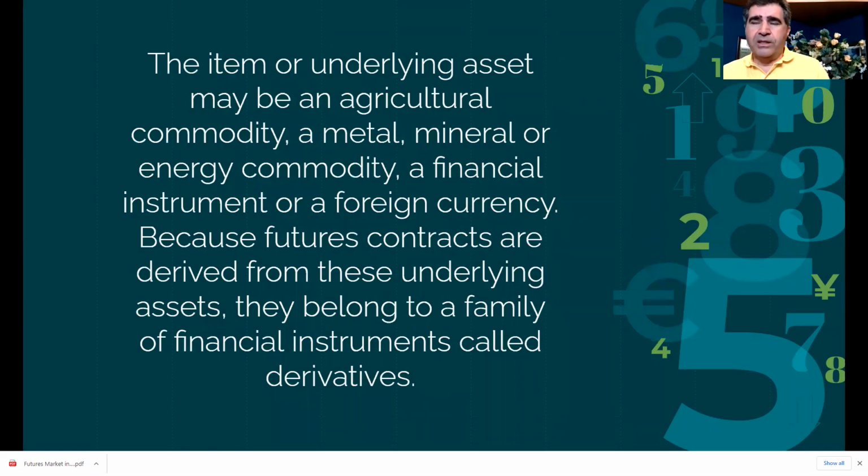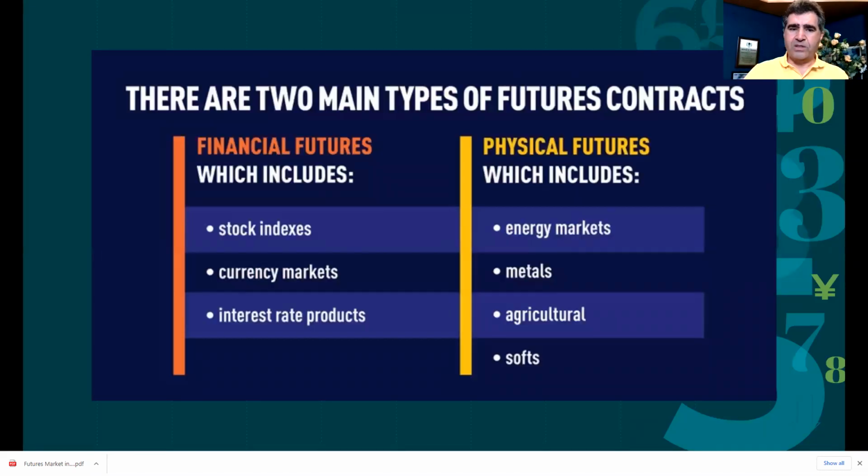So now that we have a little understanding of what a futures contract actually is, what kind of assets can be used? As you recall, we said it's a derivative, so it derives from some kind of asset, and there are multiple types of assets. There are agricultural commodities, metals, energy, financials, currencies. So there are many, many different asset classes that you can use as an underlying and start using the futures market on those. So there are two main ones. One of them is the financial futures, which really started picking up in the 1970s.